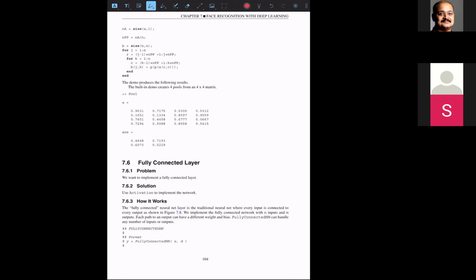The next part is how do we connect this together? How do we combine all this together? Now, what we have is something called the fully connected network, which means each node is connected to every node. The fully connected network is the simplest traditional neural network. And next, I want you to open this code, which is called fully connected NN, fully connected neural network. Are you with me so far?